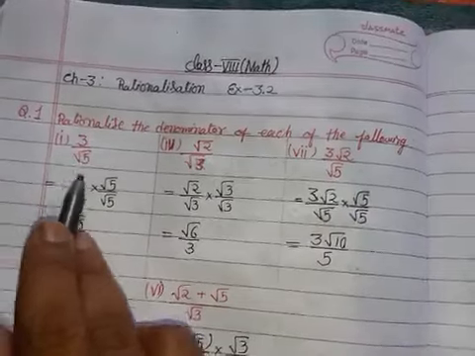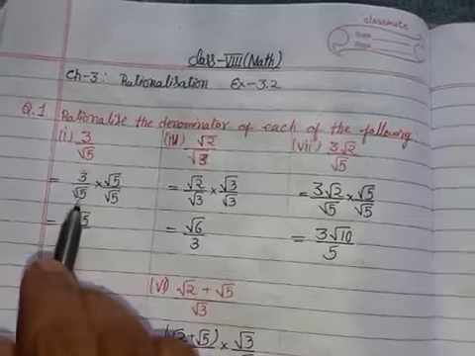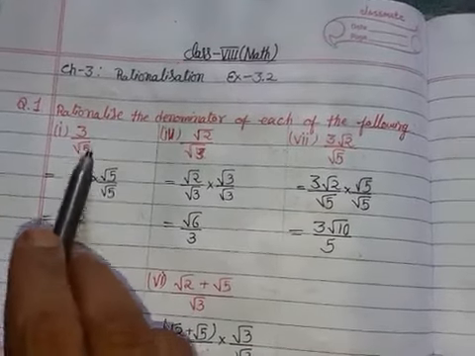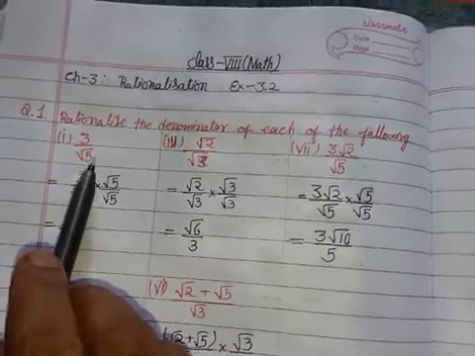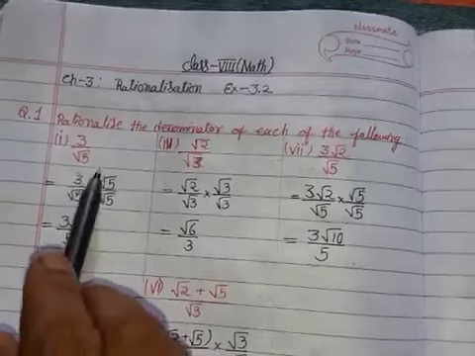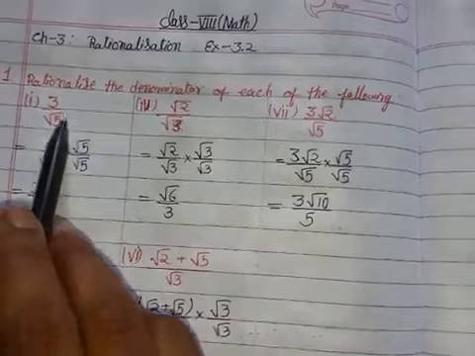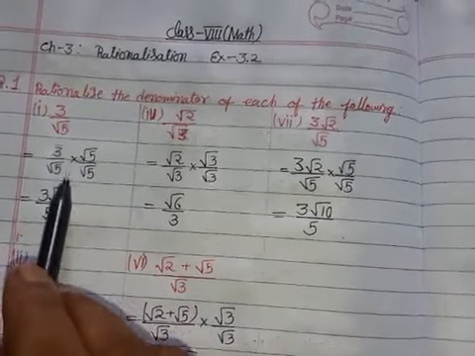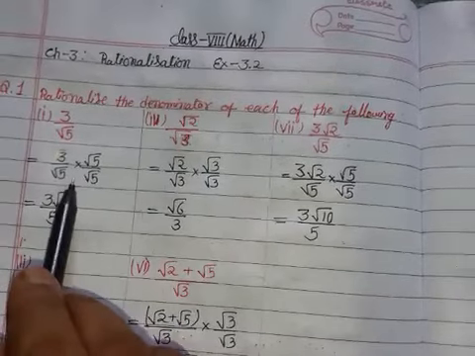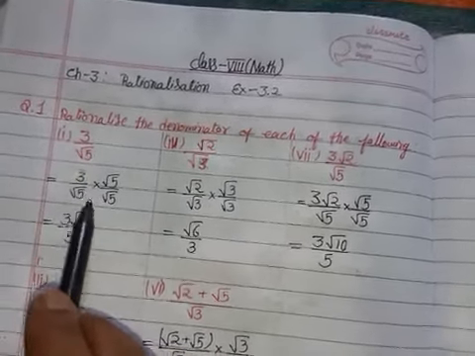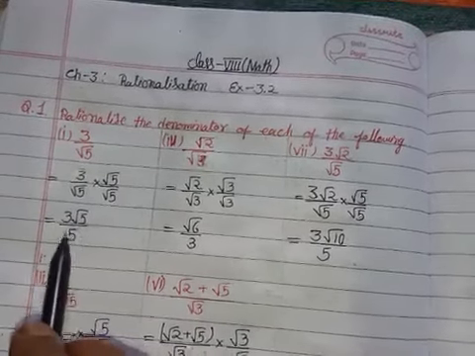Here the denominator is root 5 which is irrational. So to convert it into rational means rationalization. For the rationalization process, we remove the root in the denominator. Okay, not in the numerator, only the denominator. So here is root 5, so we multiply it by root 5 by root 5, because when two same roots are multiplied with each other they cancel and we only write the digit.